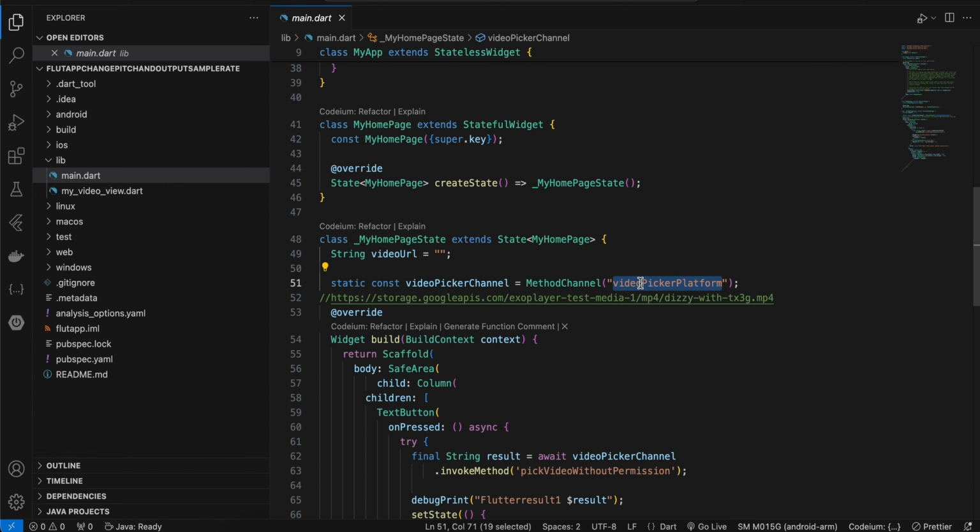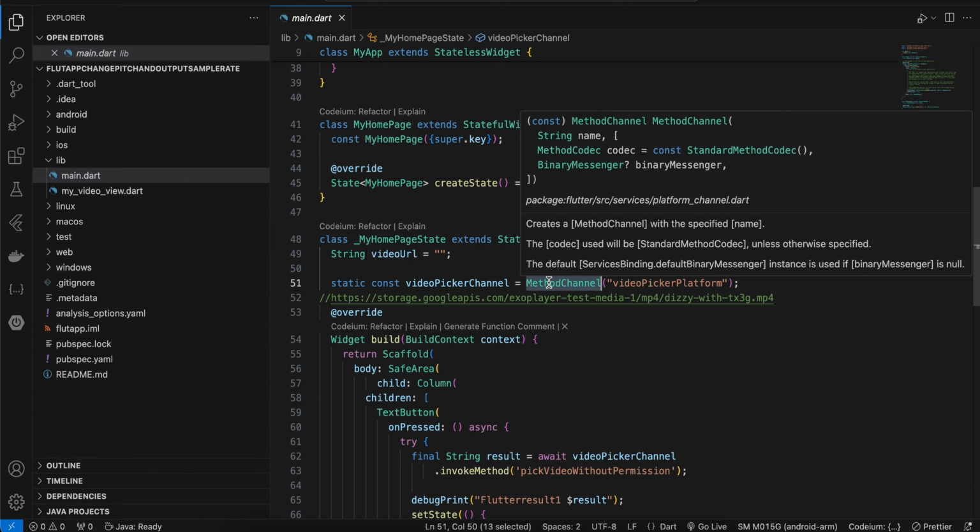This will help us show the video picker, and inside this method channel I have also handled the logic of read write external storage permission, so that we can easily save the transformed video to external storage. Then over here I have created one text button which, with the help of this method channel, invokes a method called pick video without permission, and we get the result, which is actually the video URL. I save it to this variable, and if video URL is not equal to empty, then we show my video view, and we have to wrap it inside a size box, because otherwise my video view won't be displayed,